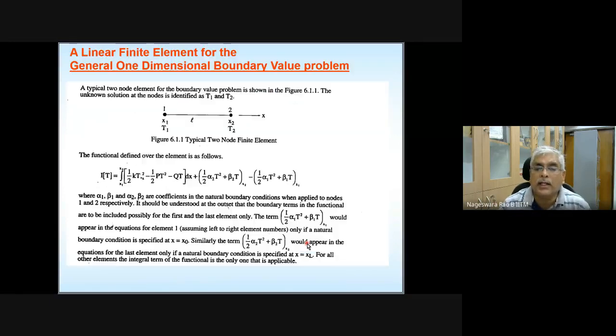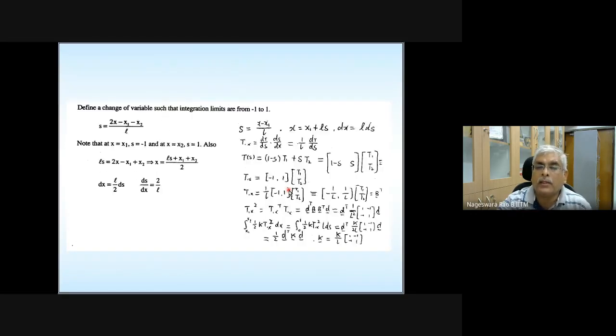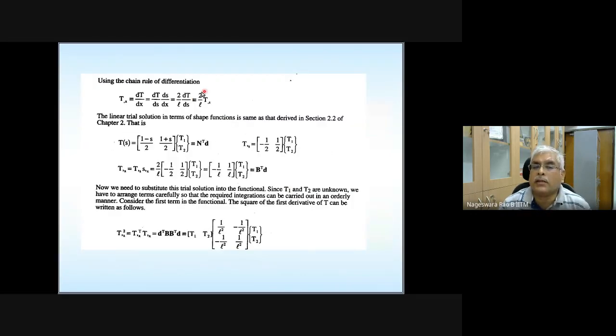Similarly here it is a t square. T square can be written as t transpose t, and then it can be simplified. N transpose d you can substitute and then simplify this. Similarly other things. Okay. So once you have all this, here you can see derivative of t with respect to x can be written using chain rule in this manner. And just now we noted what is derivative of t with respect to s.